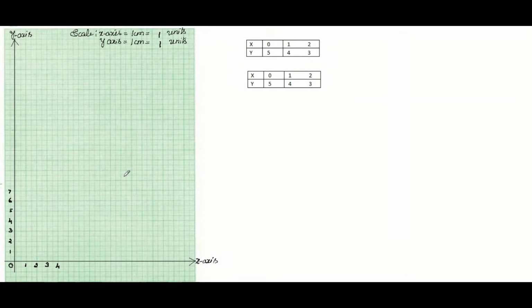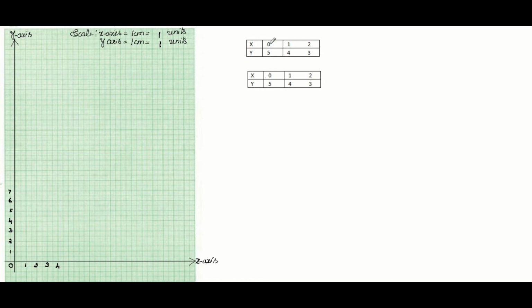So the graphical representation we are going to do in this graph sheet. So here the maximum value in x-axis is 2. So I have taken in positive x-axis 1, 2, 3, 4, 1 centimeter apart. So in x-axis the scale is 1 centimeter is equal to 1 unit. In y-axis the maximum number is 5. I have taken 1 centimeter apart, 1 unit from 1 to 7 respectively. Okay. So now we need to plot the graph here.